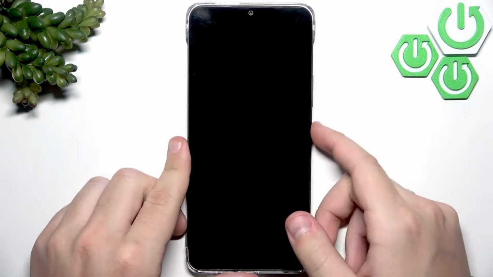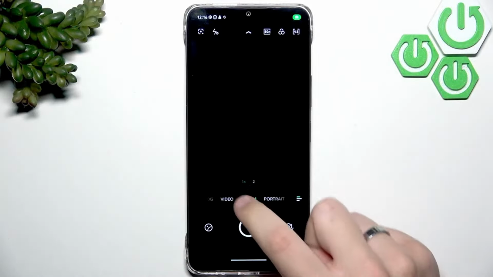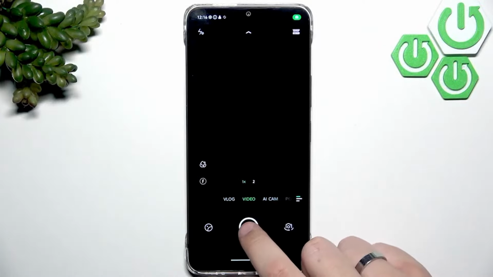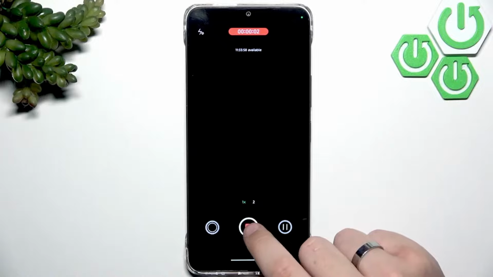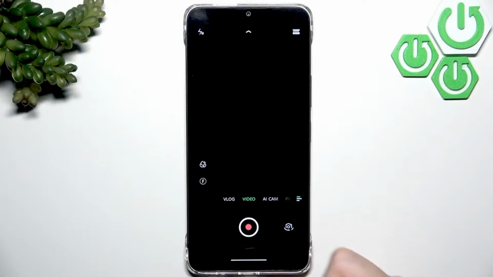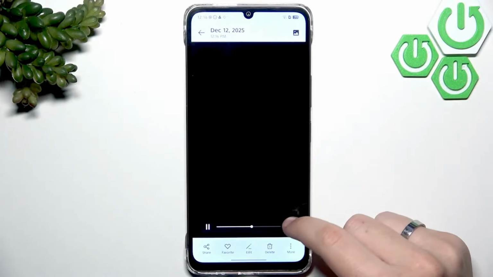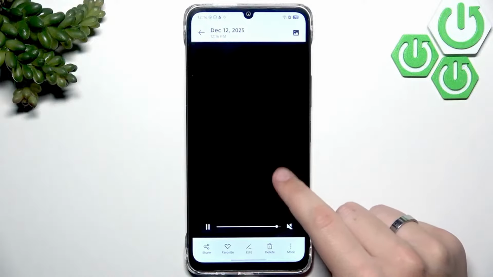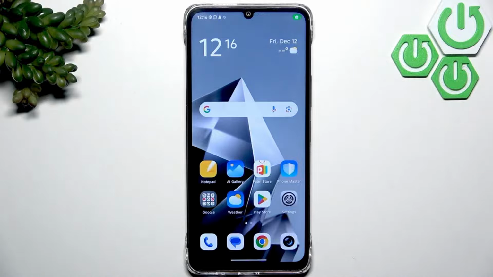Now we can test our mic in the camera app. We can go over here and go to the video. Now we can start recording the video, and let's stop the recording now. Here we're gonna go over to the gallery and see. So as you guys can see, my microphone is working, but if yours isn't, then what you guys can do